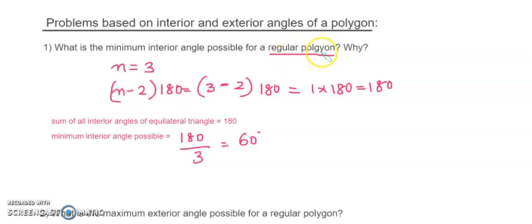Again, a polygon should be closed. Regular means it should be made of line segments of equal measure. The minimum possible number of sides that we need is 3, so we are actually talking about a triangle. The sum of interior angles of a triangle will be (n minus 2) into 180, that is (3 minus 2) into 180, which is 180. So the sum of all interior angles of an equilateral triangle adds up to 180. If you want to find the minimum interior angle, that means the measure of one interior angle of the equilateral triangle, it is 180 divided by 3, which equals 60. Clear? Next,